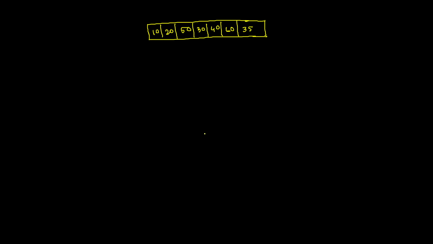So suppose we have a data set something like this and we want to sort it in some order, say, increasing order. So what we actually have to do is create the max heap first and then proceed. So let's see how we can sort it using the heap tree.